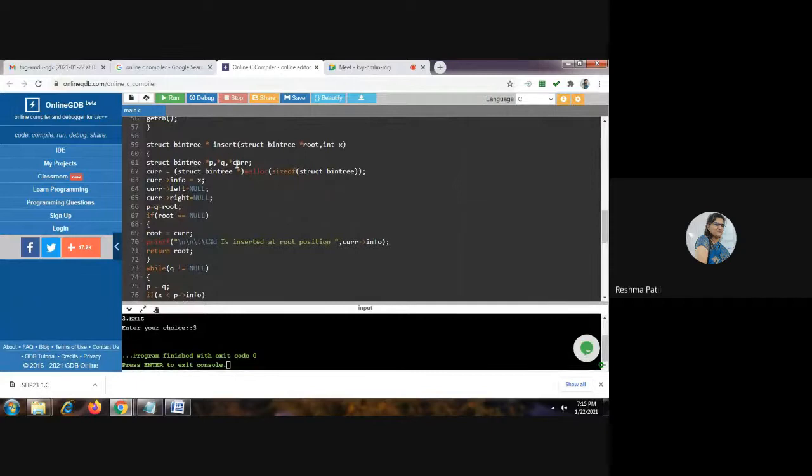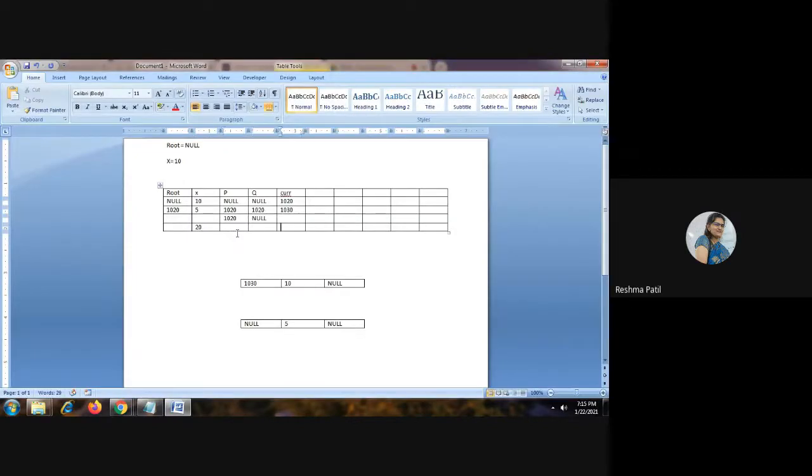Again, these three variables are created locally. Here we are allocating memory into this current variable. Suppose the new memory allocation is 1040. The address of that memory is 1040.